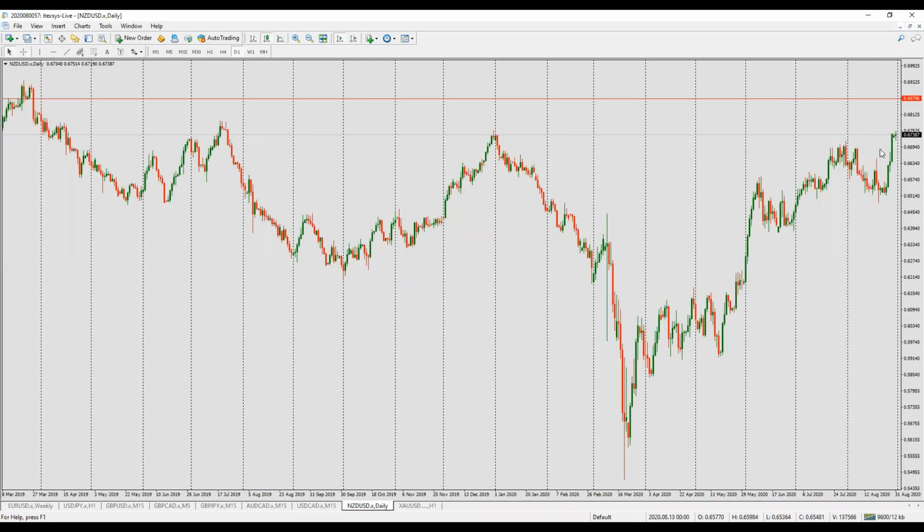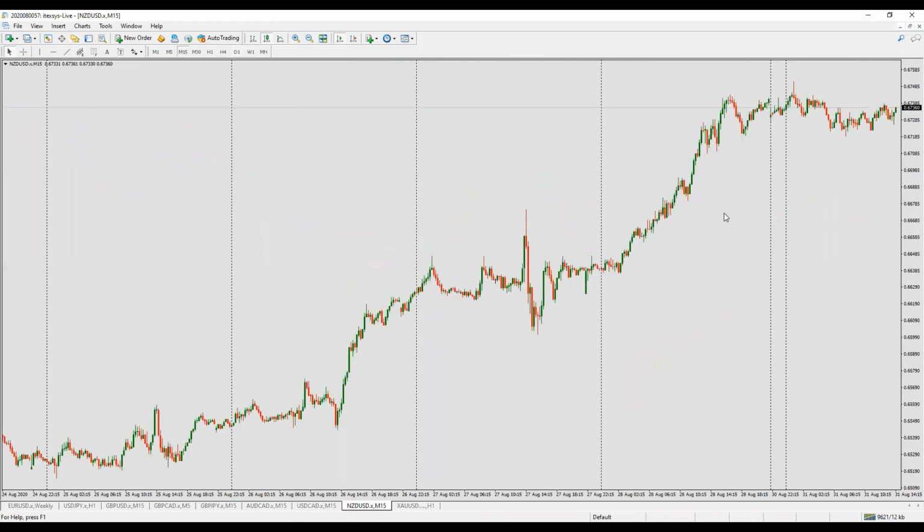Okay, for now, if we go back to the intraday time frames, if we're looking for a short position, that's not the right level to look for a sell position on the first touch. As I explained before, it's not valid as a fresh supply. But if you ignore this and take a look at this 15-minute chart, I can put a line here, which is the last demand, this and this area. And I think that if the price will break out this level,